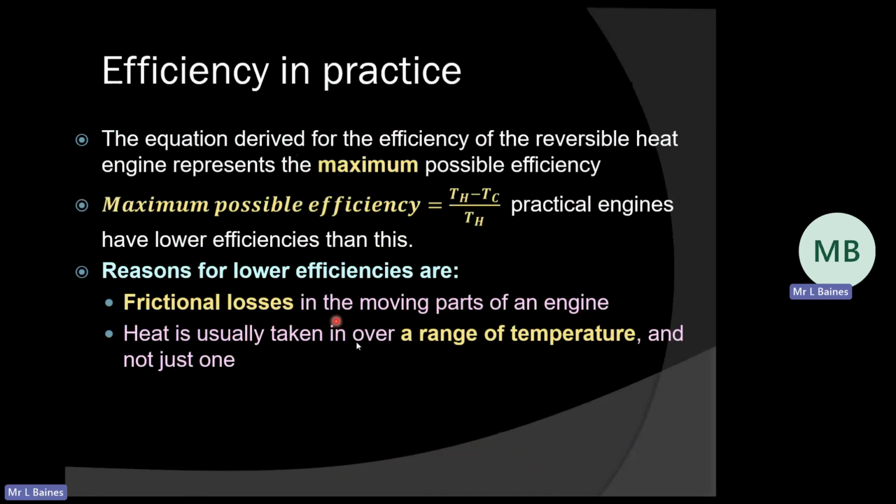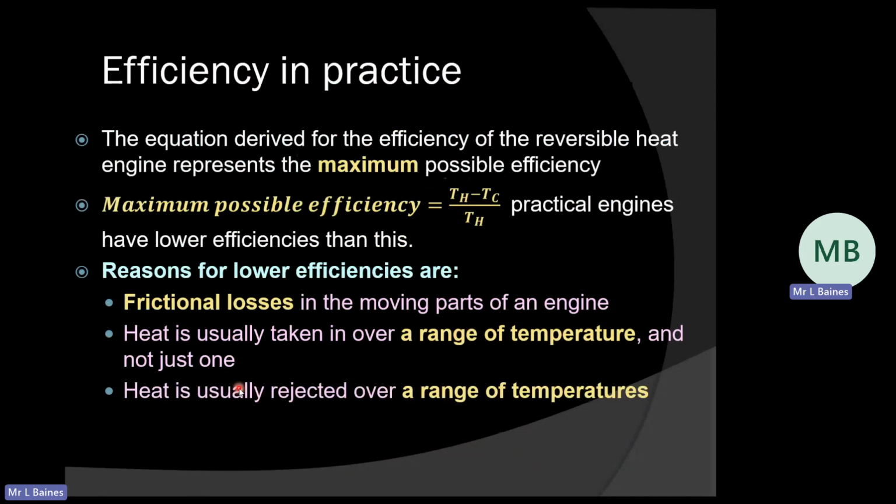The heat is usually taken in over a range of temperatures. So there's not an absolutely fixed hot temperature. We're going to have a range of temperatures. That's going to fluctuate somewhat, and therefore that's going to affect my maximum possible efficiency. And the same for TC. It's not going to be a fixed cold temperature. It's going to be rejected. There's going to be points where there's more energy or less energy being delivered in reality because of these